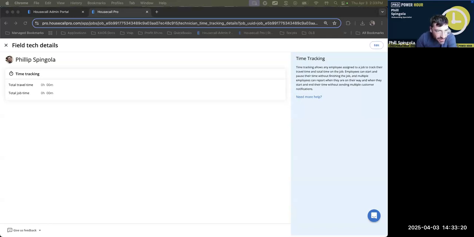Next question. Can you schedule multi-day appointments? Are they meant to be scheduled per visit, like one appointment per visit per day? Yes, you can. You can schedule as many appointments as you need for any project. As I showed, you can have multiple on one day, and you can have multiple appointments across multiple days.